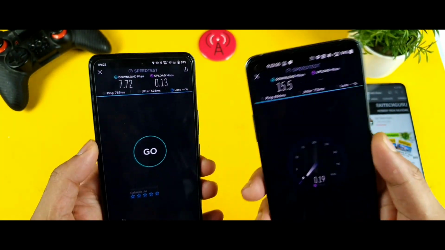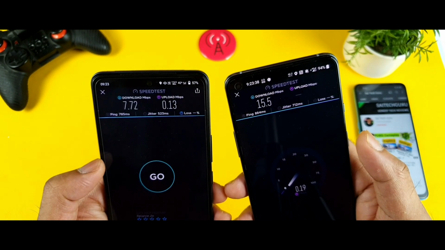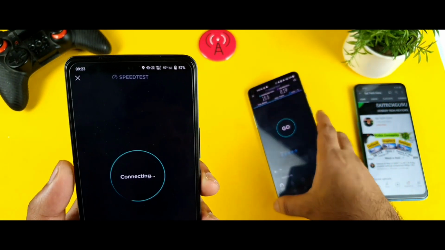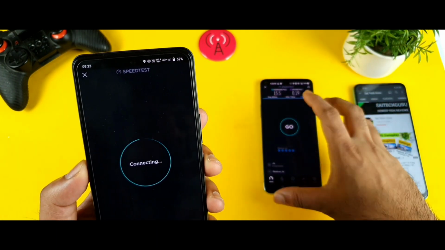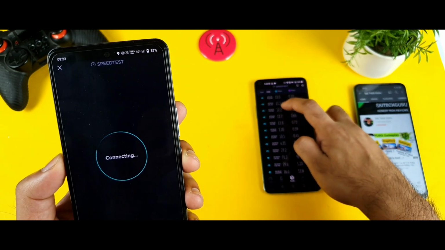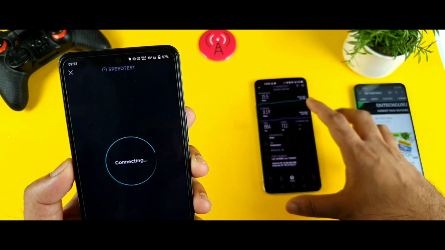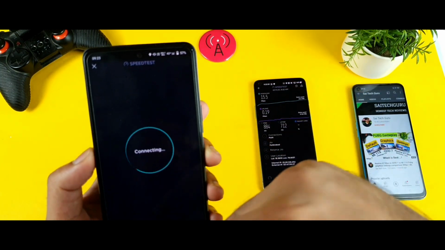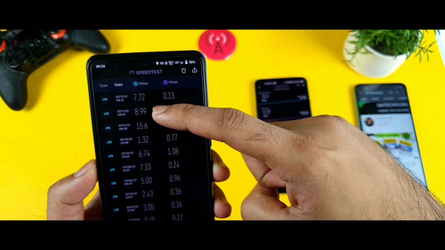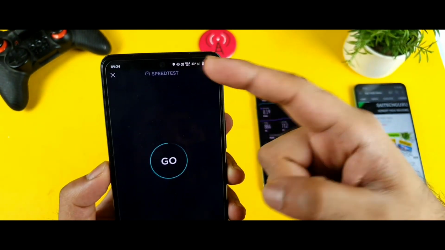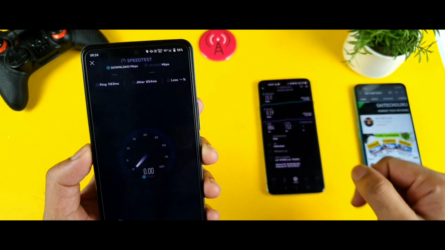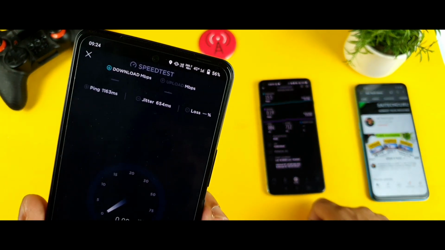I'll try to end this video. I don't want to make this video very long. Since I got the 8T device, I was able to do this kind of thing with this phone. Now let me do the final testing. So the highest score, I think till now in my testing, I got about maybe 15.5. This right now which we got is the highest score. And in the iQOO 7 device the highest score is maybe 8.99 with a single band, which is the 850 band. So let's see with this final test what will happen with the results in the iQOO 7 device.